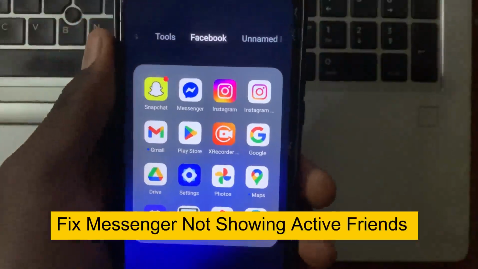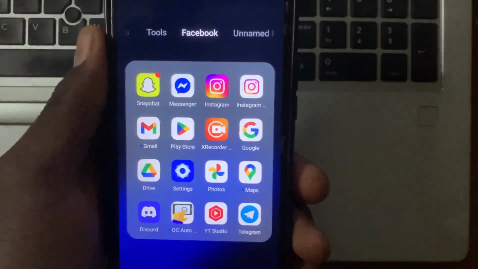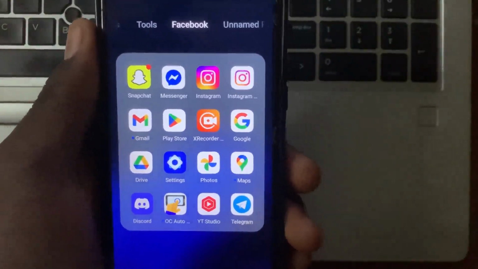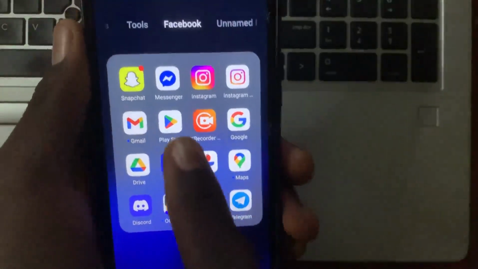How to fix Messenger not showing active friends. So in this video, I'll show you step by step. If you are having a problem where you can't see how many of your friends are online on your Facebook Messenger, this video is for you. So the first step to fix this problem is to open up your Play Store or